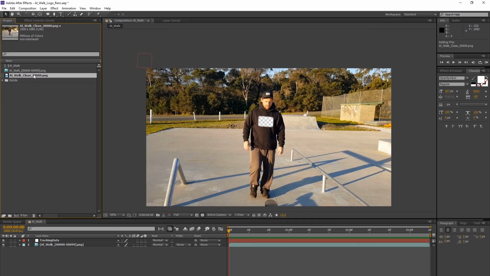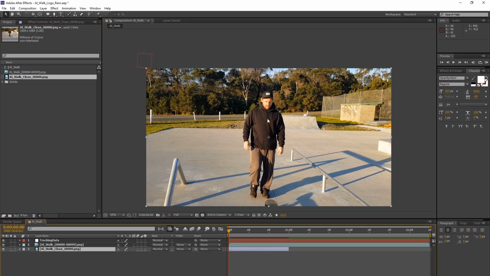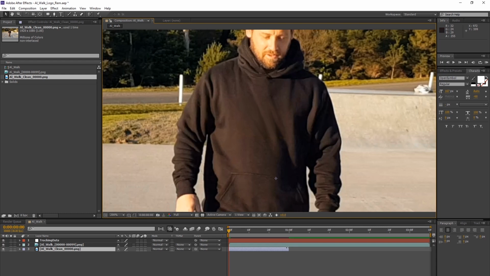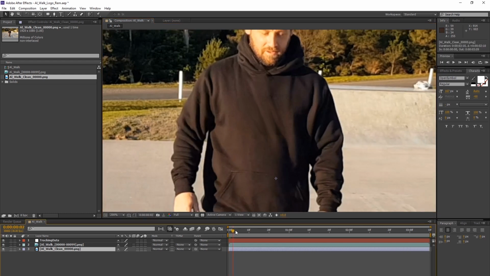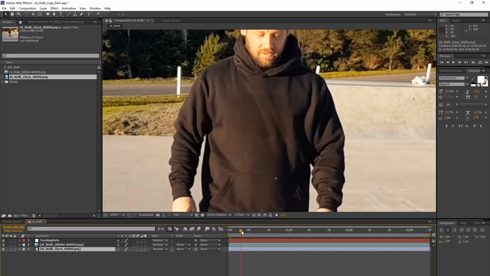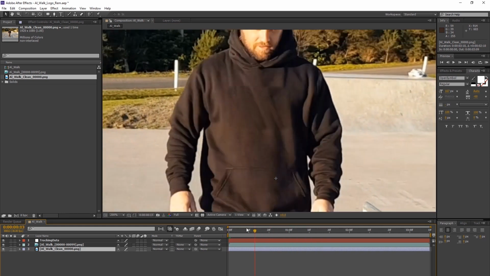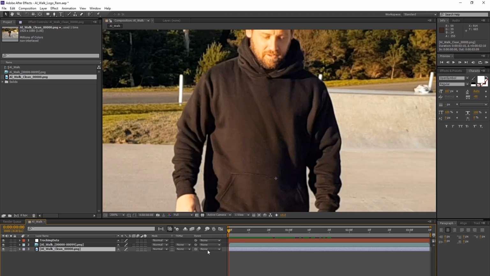Alright, it's renamed now. I cleaned it up. Now we'll just drag this into our comp, but we'll put it underneath our mask layer. So now it's going to show up underneath it. We'll just extend that still image to last for our composition. If I play now, you can see that it doesn't do anything because the image is just in one place. So now we'll go to this parent selection over here, and we'll just select the tracking data as